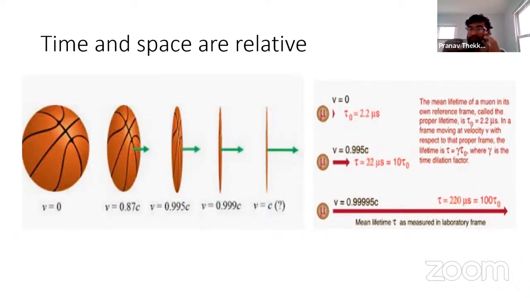So if you were to shrink yourself and go into the particle and see from the particle's perspective, it's only 2 seconds. But if I go back and observe the particle from the laboratory, then it takes 100 seconds. So this is how the universe works. It's very